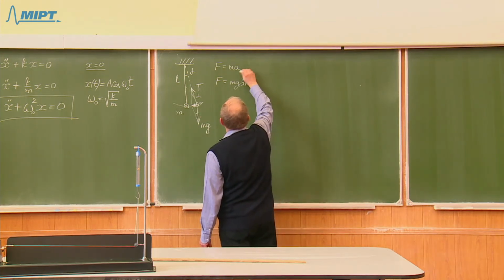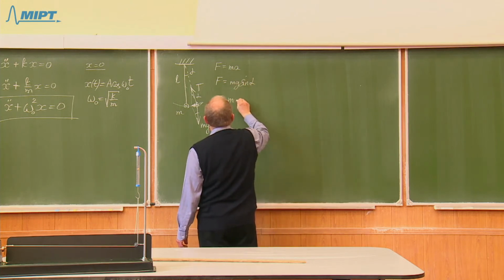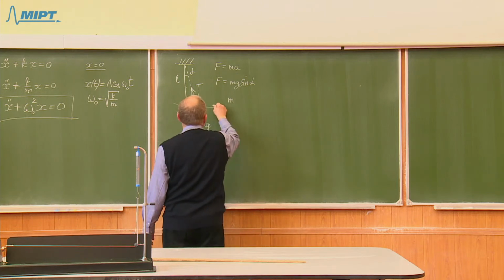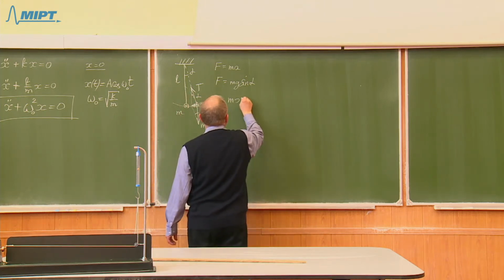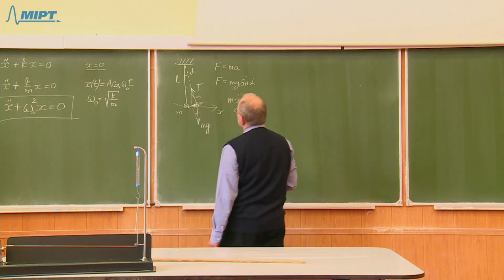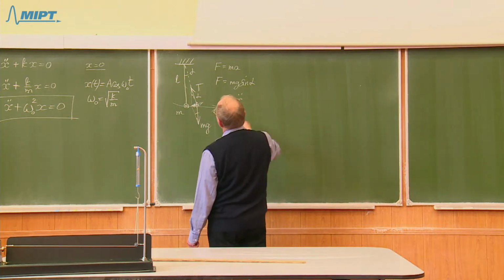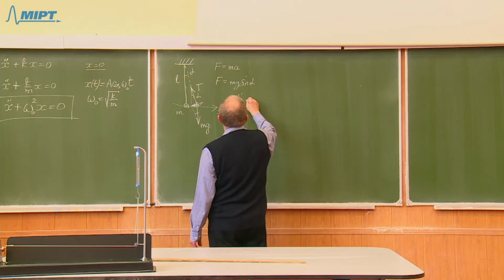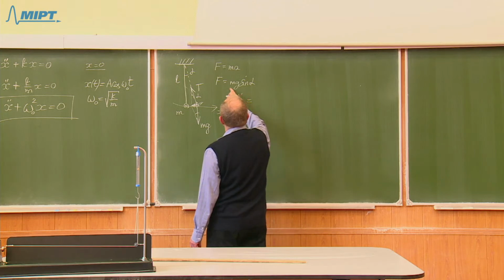And so we will have m, and x is the coordinate of this body if I measure it in this direction, m x double dot, let it be a coordinate, equal to the force